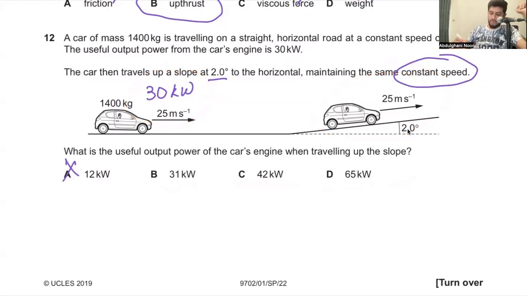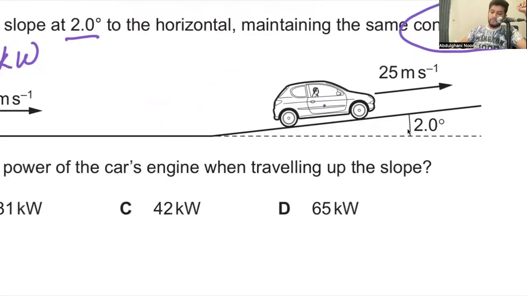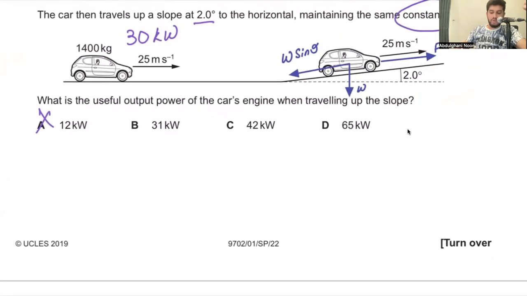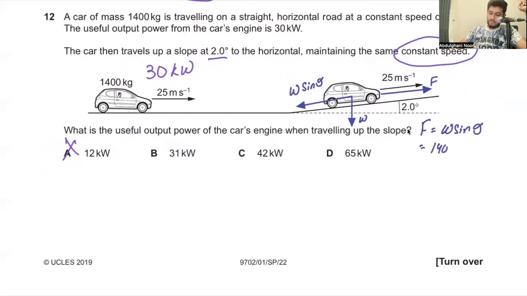सो लेट्स फाइंड आउट. आई नो this is the weight. So the component of weight down the slope is always W sine theta, where theta is equals to 2 degrees. गाड़ी का इंजन जो फोर्स लगा रहा है वो फॉरवर्ड लगा रहा है, एंड लेट्स कॉल दैट F. Because the car is traveling at a constant speed, I know F will be equal to W sine theta. F will be equals to W, what is the weight? 1400 into 9.81 into sine 2.